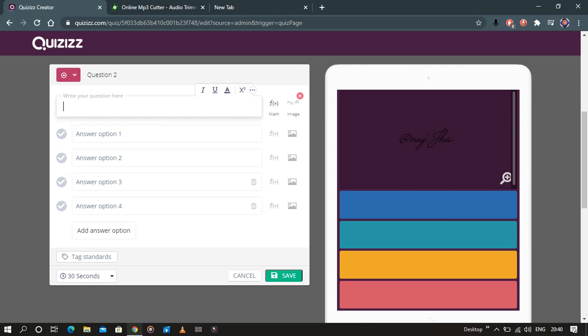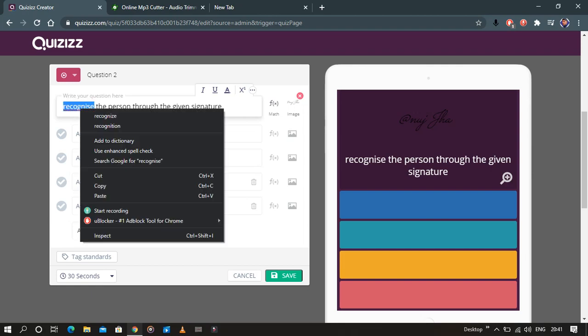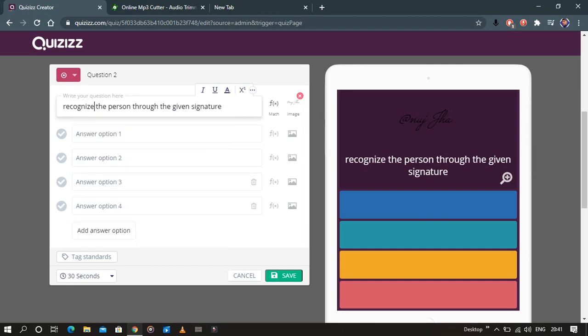Okay, so I'm giving the option: recognize the person through the given signature. Okay, recognize the person by, wait a second, okay, recognize the person by the given signature.